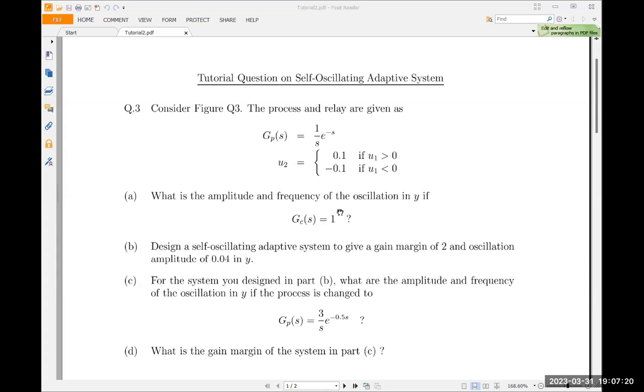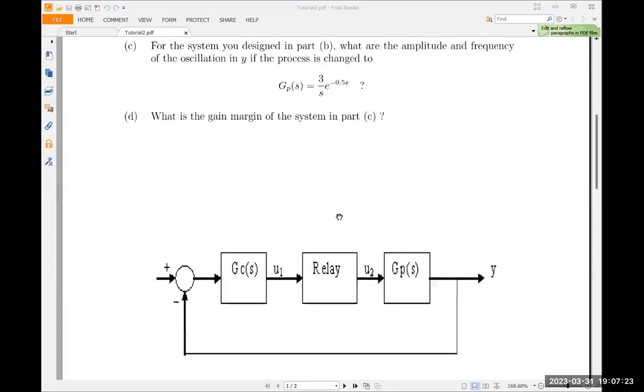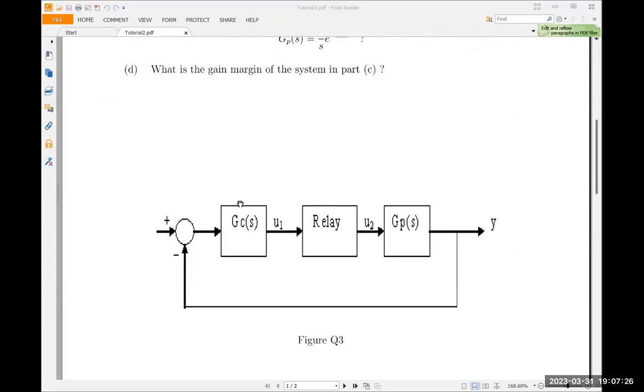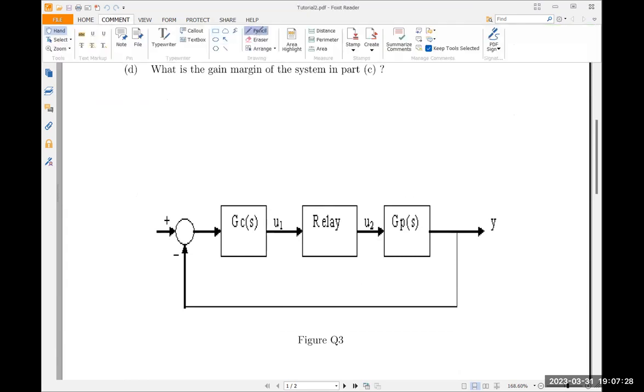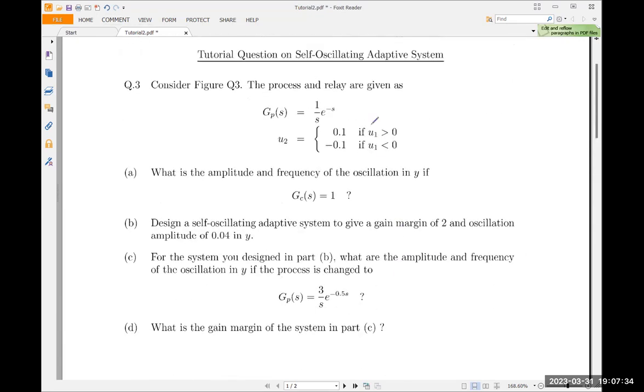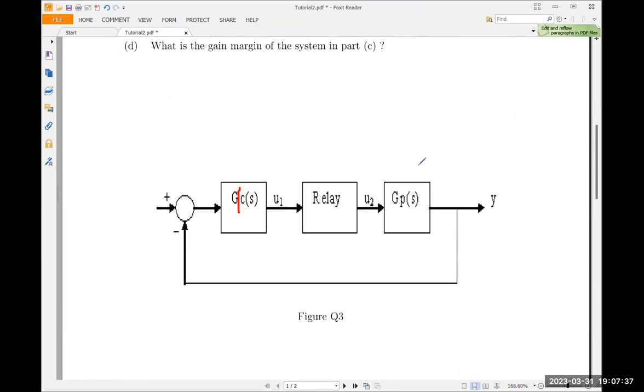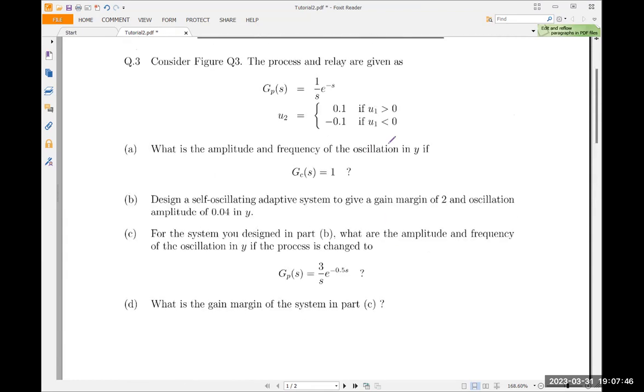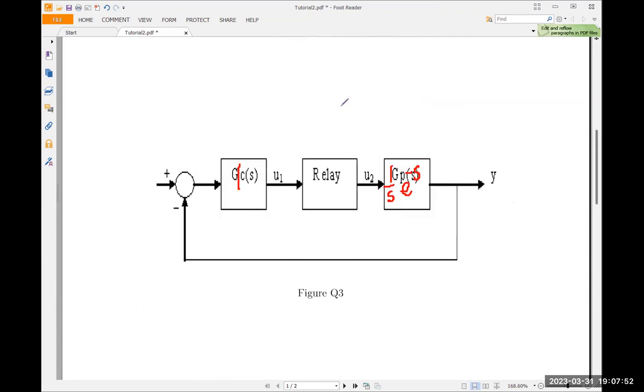Okay, so the question gives the following. GC is 1, so this is 1. Then GP is 1 over S, e to the power of minus S. And the relay amplitude is plus or minus 0.1, so it is like that. So this is 0.1. All right. So then